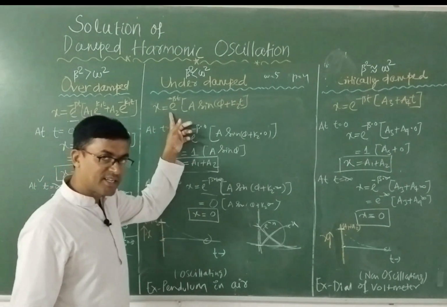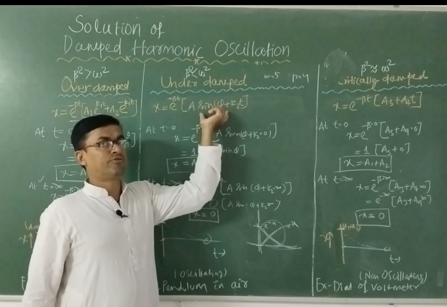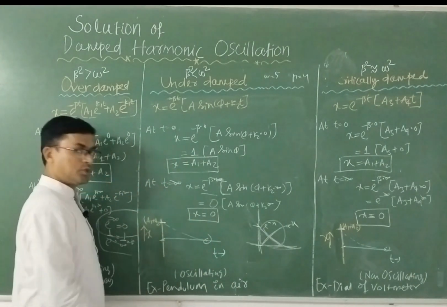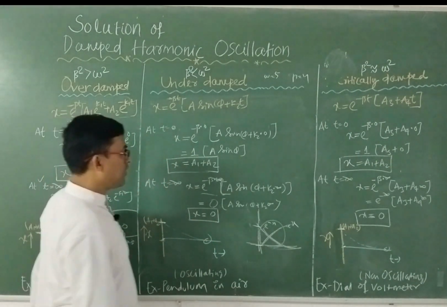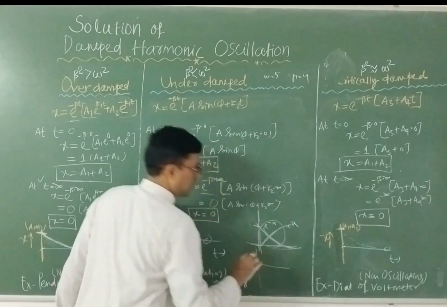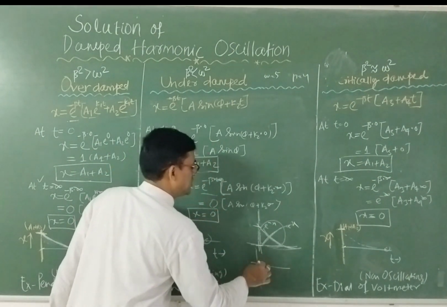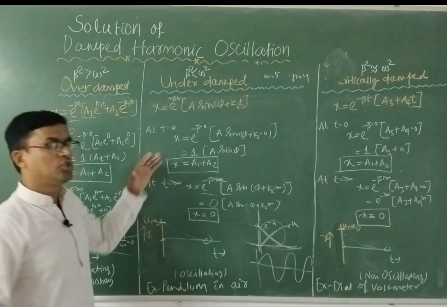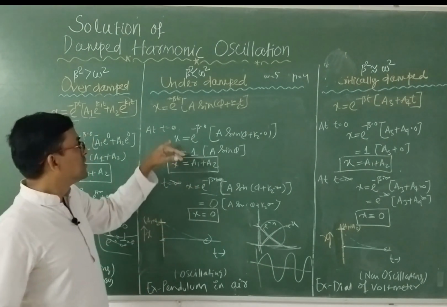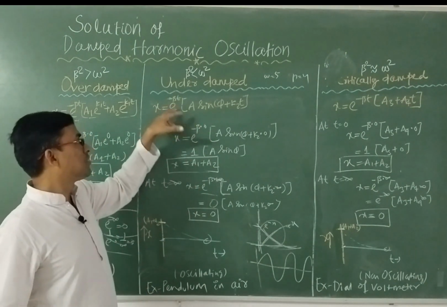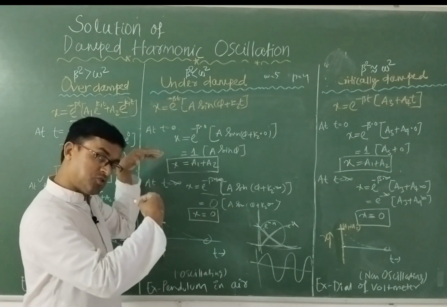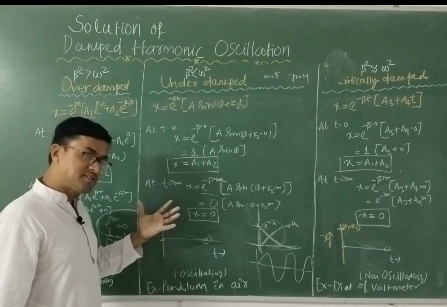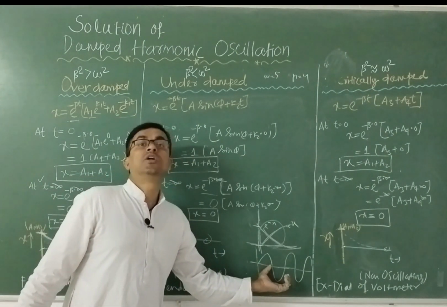Here it is exponentially decreasing, but it is multiplied with a sine curve. Its starting point is a1 plus a2. And we know the sine curve is an oscillating curve. It will start with sine 0, which is 0, then 1, then 0, then 1, then 0, then 1. It will move like 0, 1, 0, 1 like this. But it will reduce. That means e to the minus beta t explains that the amplitude will decrease with time. The amplitude will decrease, but it will decrease with a sinusoidal curve.